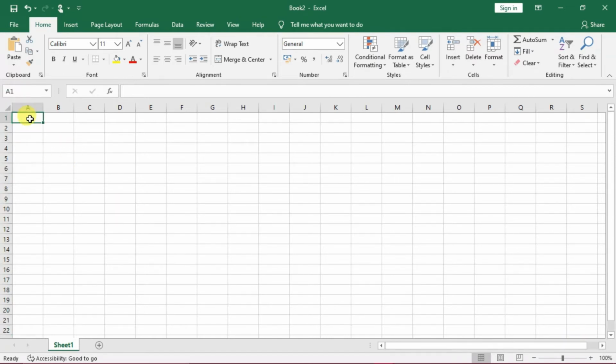There is a very important feature: automatic filling of data. By using the fill handle, suppose I type Monday. Then when you pull it down by holding this cross, the data is filled automatically: Monday, Tuesday and so on. Not only that, if you type January, then January, February, March, April, October, all these will appear.